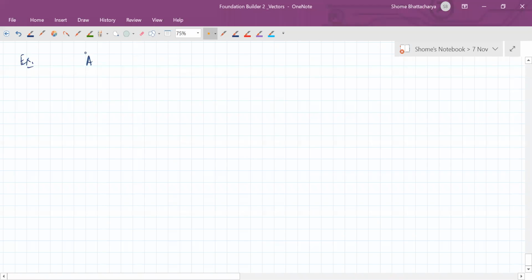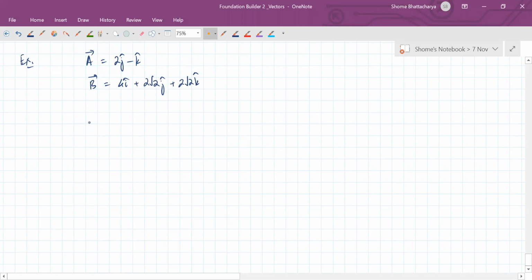So suppose vector E is given to us as, let's say, i cap or 2 i cap minus k cap, and vector B is given to us as 4 i cap plus 2 root 2 j cap plus 2 root 2 k cap. Okay. In fact, we will make the vector A as 2 j cap minus k cap.